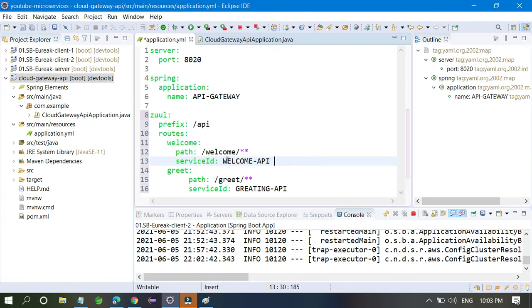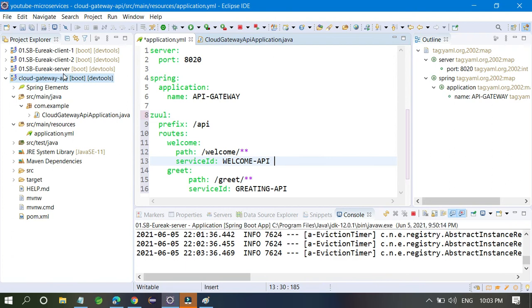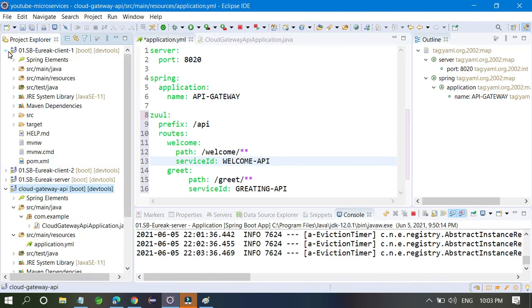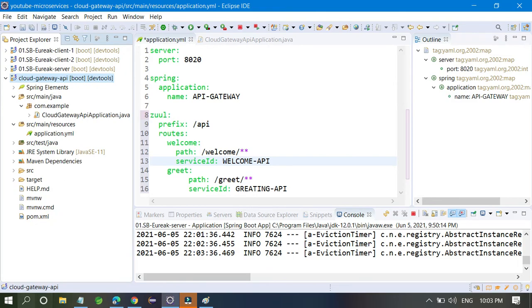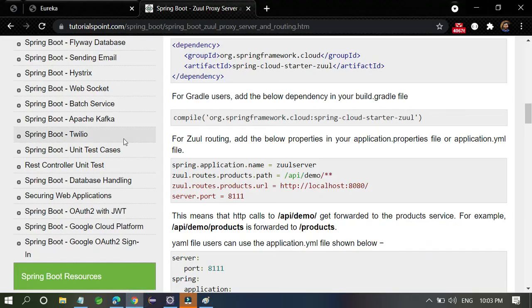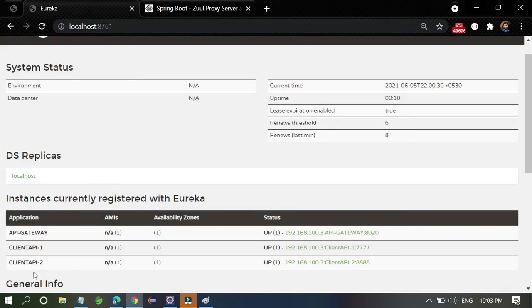Okay, so this is not my API, this is a different API. So I have to collect all the names of our APIs. The first name of our API is here. We can collect it here also. Go to this place, and this is the name of our API gateway. So copy this one.